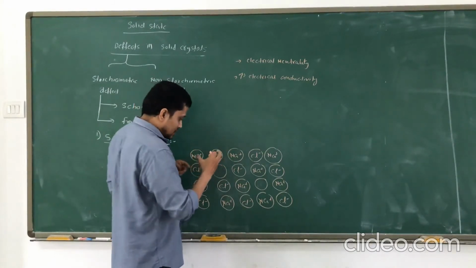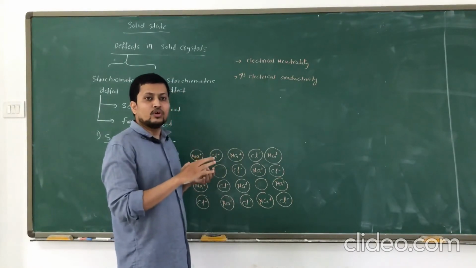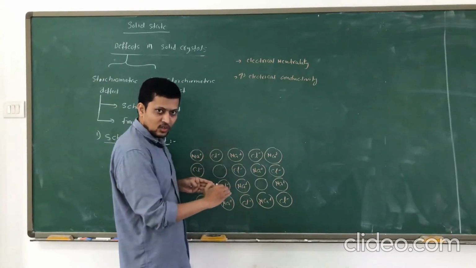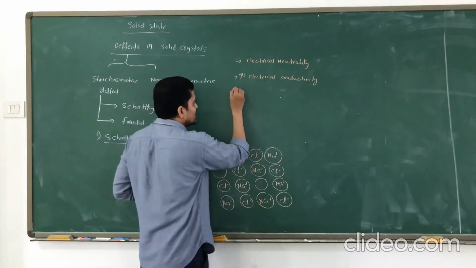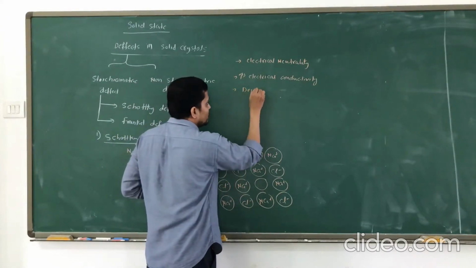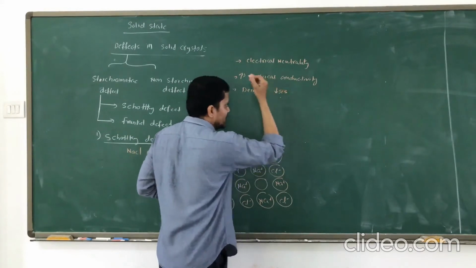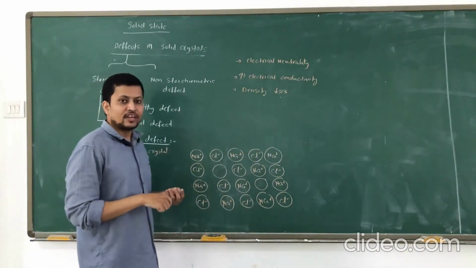and the stability is going to decrease, and density is also going to decrease, because the number of anions and cations is decreasing from the normal size, so it is going to lose its density. So in the Schottky defect we need to say density decreases in the defected solid. Density decreases in the defected solid.